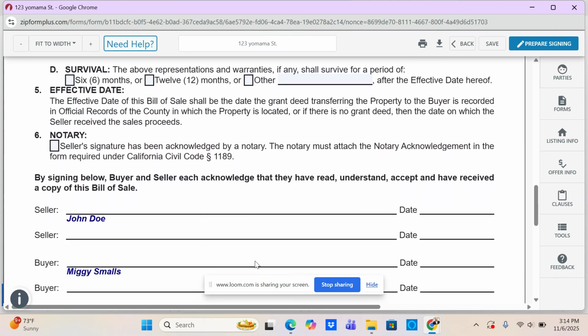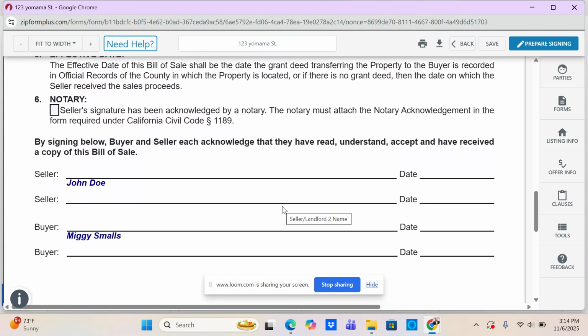And then as we continue, we'll see the signature section. This is when everything is finalized, when John Doe signs, when Miggy Small signs,